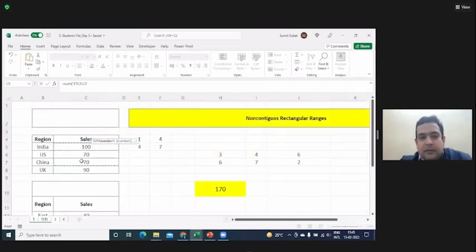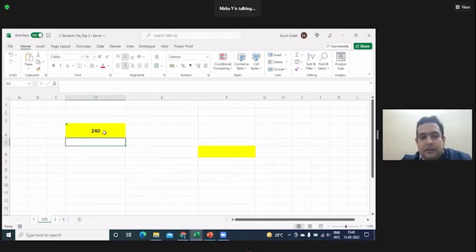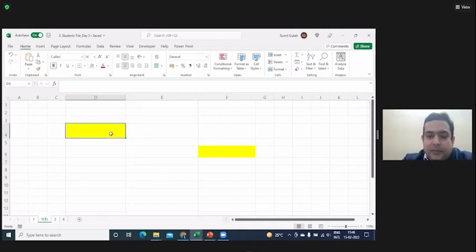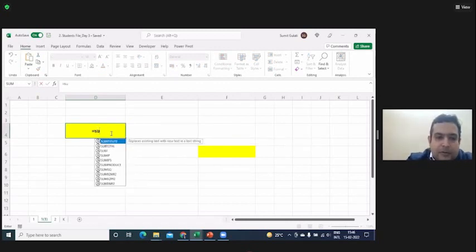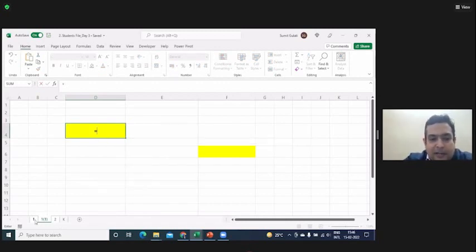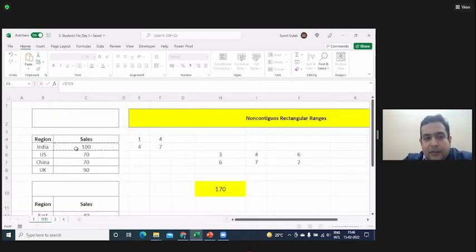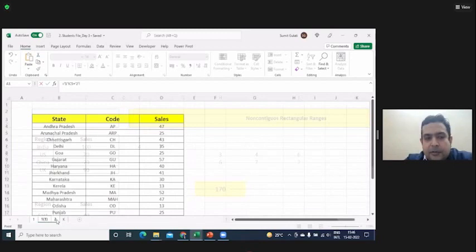If you're adding multiple data from one sheet with sum, the same thing you can do for another sheet, adding multiple data from that sheet as well. Or suppose I want to pick one data from one sheet and other data from the second sheet. What you have to do is go to one sheet, press on C5 from where you want to pick the data, put a plus sign. Now from here go to the second sheet and pick up this 47.